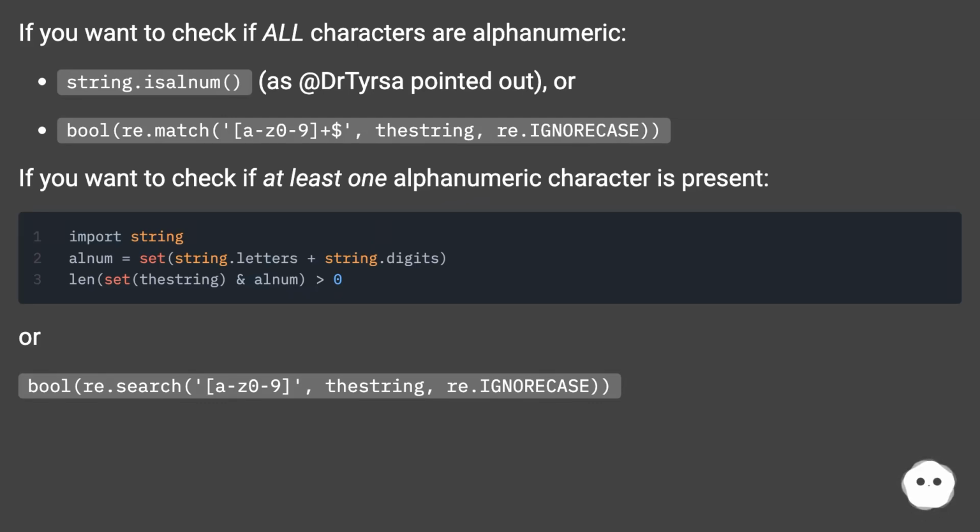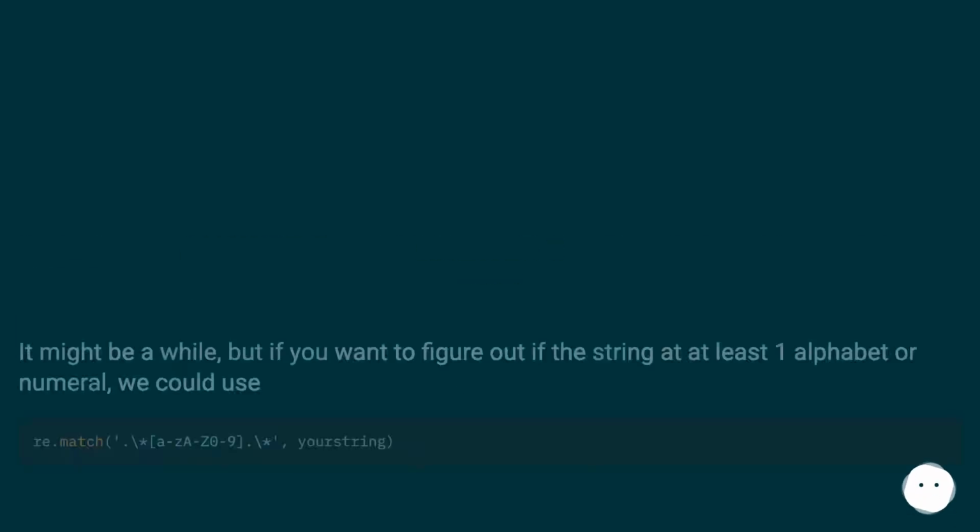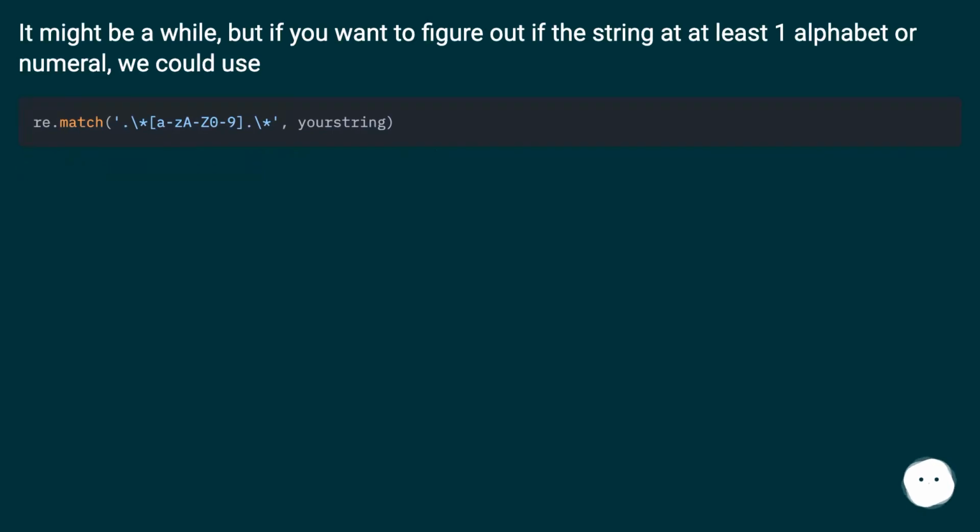If you want to check if at least one alphanumeric character is present, use bool(re.search('[a-z0-9]', string, re.IGNORECASE)). It might be a while, but if you want to figure out if the string had at least one alphabet or numeral, we could use